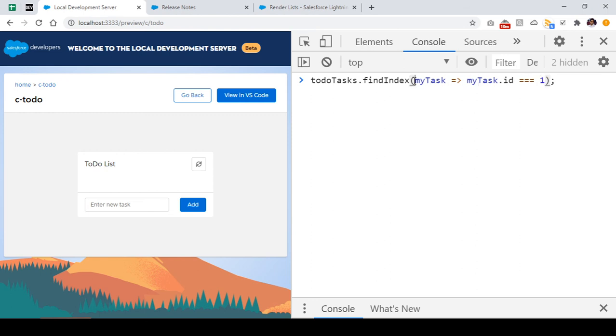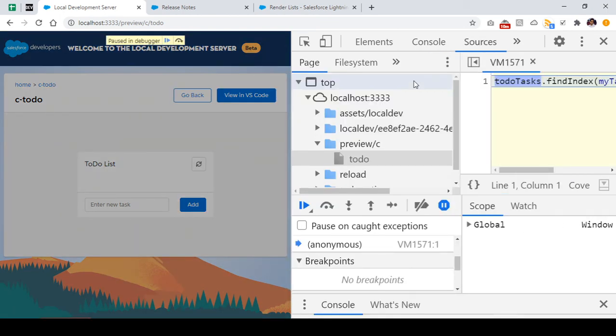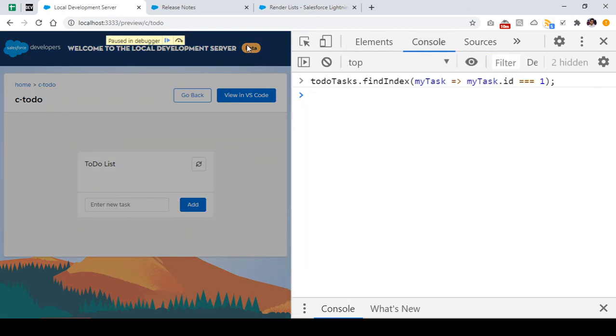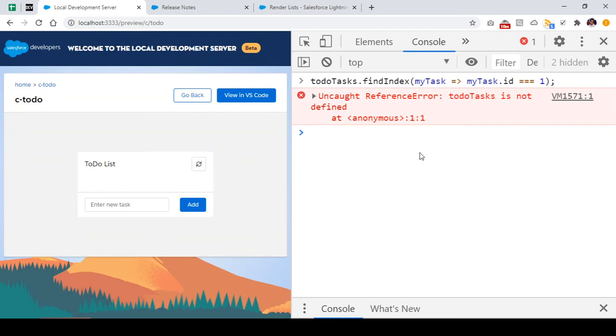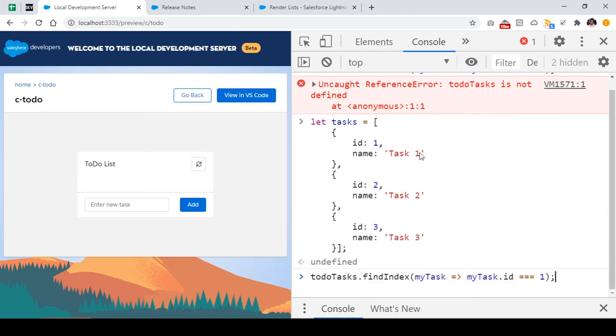to task, find my task. Yeah, I think we made some mistake. Let me just check it once again. So to do task is not defined. Okay, my page was refreshed. That's why the to do task is not defined. Let me just define to do tasks again,